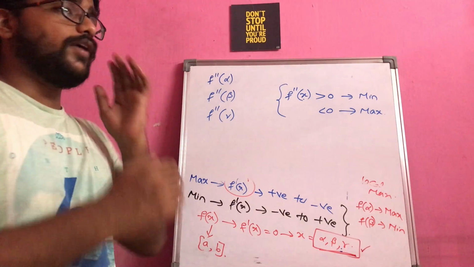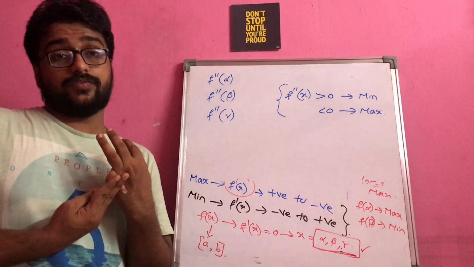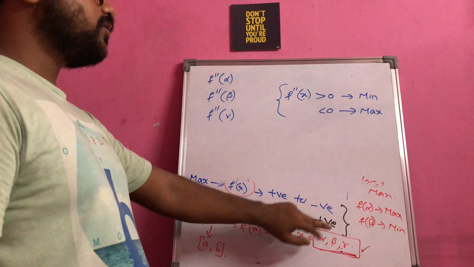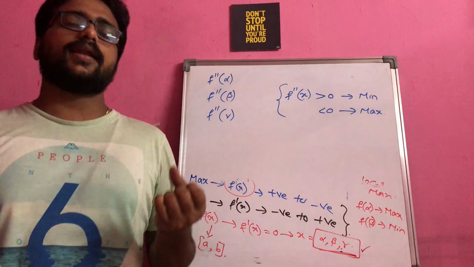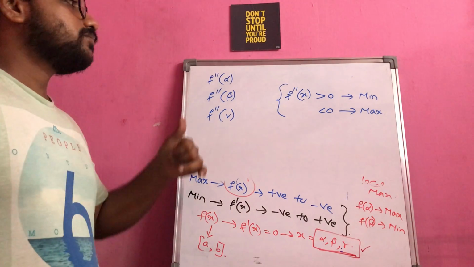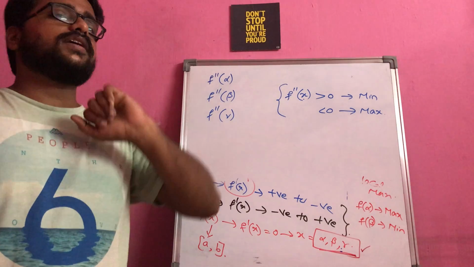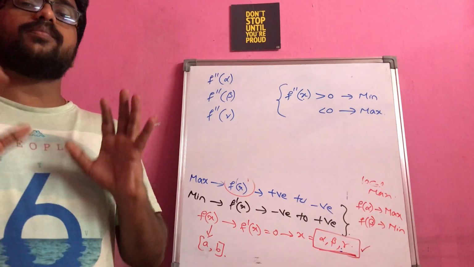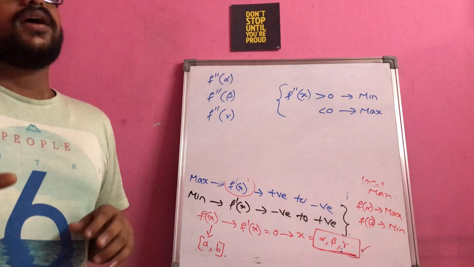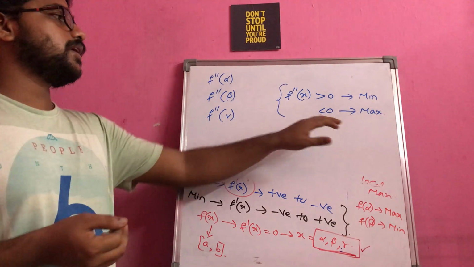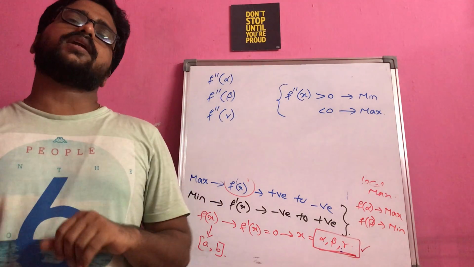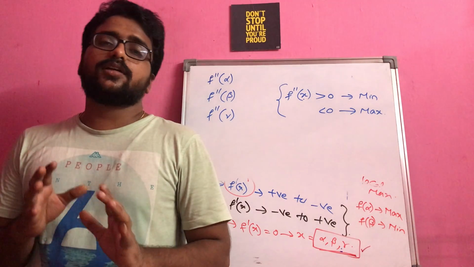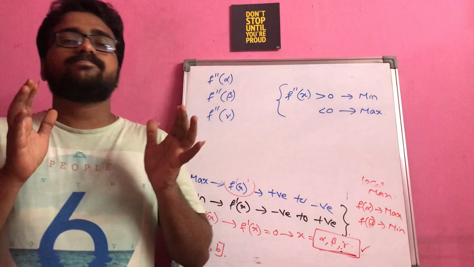So once you find f dash of x and equate it to 0, you will get the values of alpha, beta, gamma. If you substitute the same alpha, beta, gamma in the function, you get a maximum value or minimum value. Now if f double dash of x is greater than 0, that is another confirmation test for you. If it is less than 0, it represents a maximum value, and greater than 0 means it represents a minimum value of the function, right? So this is the actual procedure that we are going to follow for our maxima and minima concept.